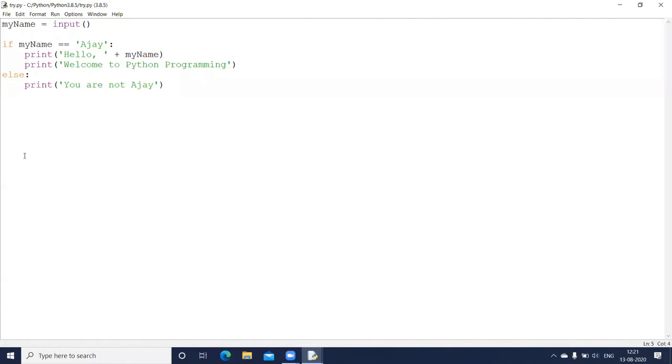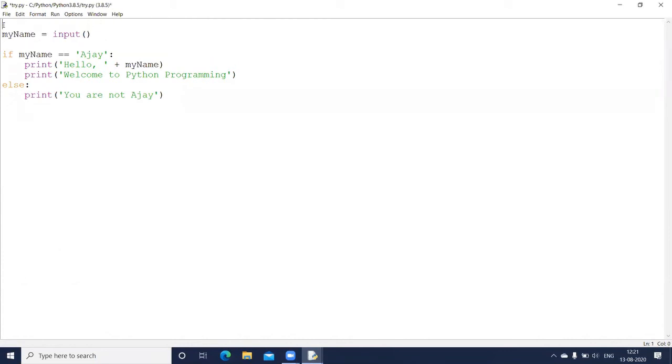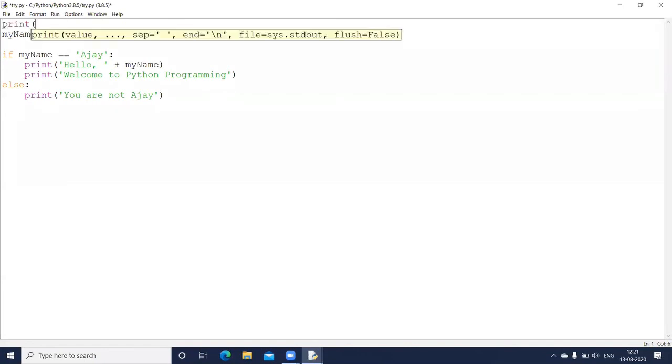Let us write a statement where I'm taking the age also. So I'll make some changes here, and we are going to write one more variable, or let us put a print statement and ask the user to enter his name first. Enter your name.